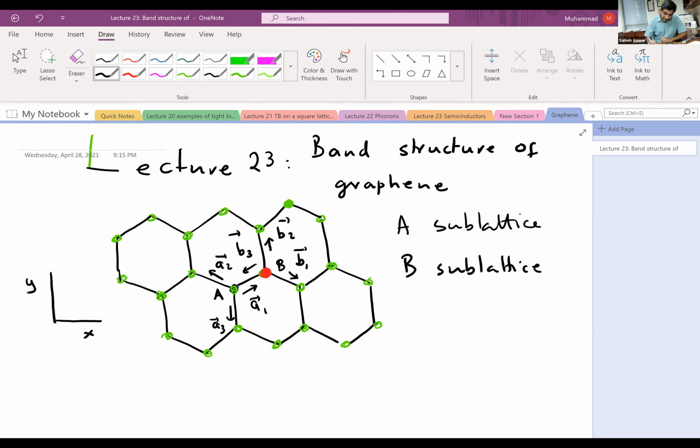So I know that in a hexagon, I have different kinds of angles and so on. So if I look at vector A1, suppose also that the distance between two adjacent atoms is a. So vector A1 is going to be equal to a times (√3/2,